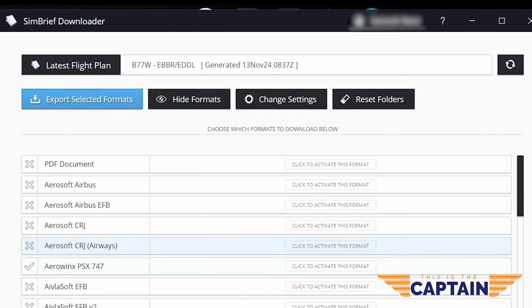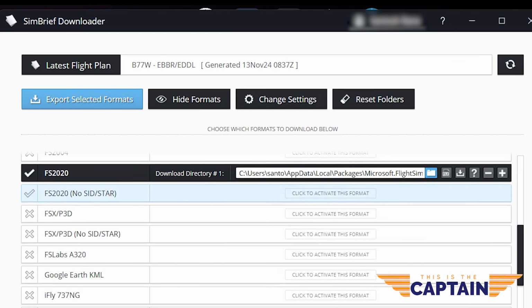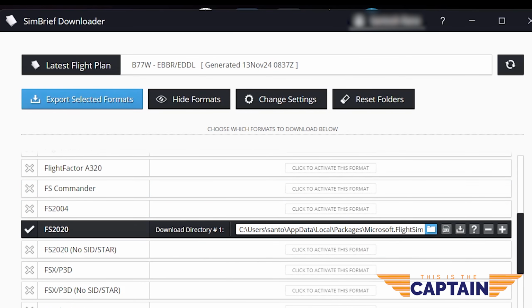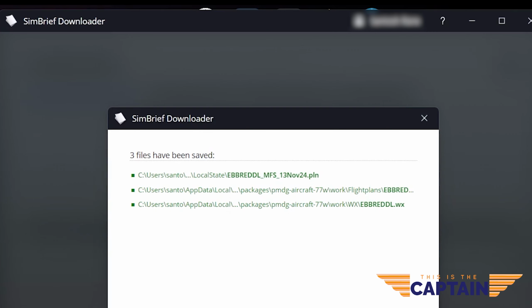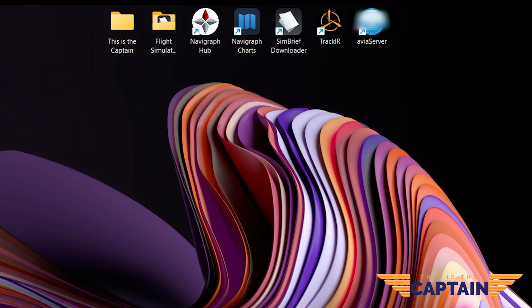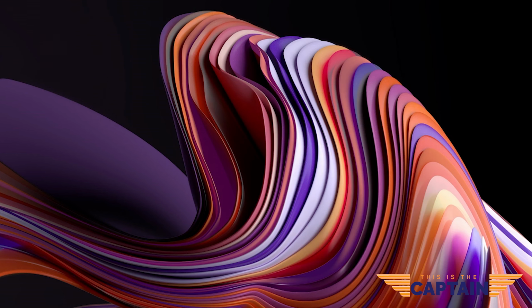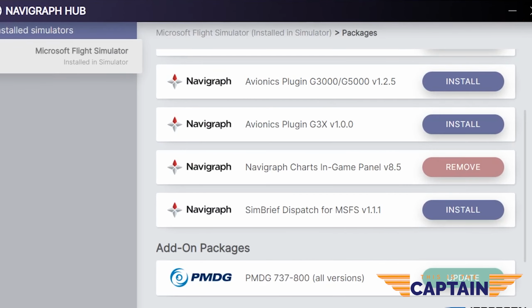And this flight plan, initially we had to select Flight Simulator 2020. I had to go to a directory where my 777 was located, and then I could load this particular plan into this particular thing. So this is what I've done: export selected format. These files have been added in the 777 workflow. Now this is what would be my flow initially, but now the best part is if you go to Navigraph